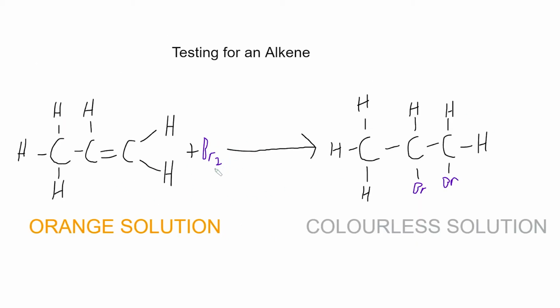Bromine water is orange, and if we add a saturated molecule to it, like an alkane, its colour will not change. If we instead add an unsaturated molecule to it, like an alkene, it will turn colourless and react. This is an example of the halogen electrophilic addition mechanism we covered 6 minutes ago. Keep this test in your repertoire, as many questions in the organics topic are about identifying different organic molecules through